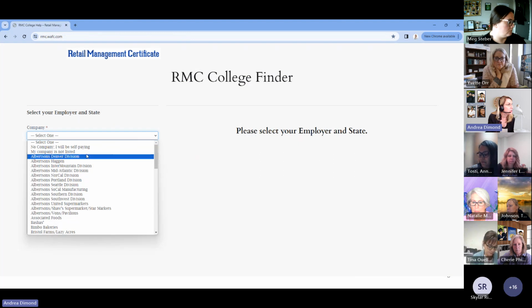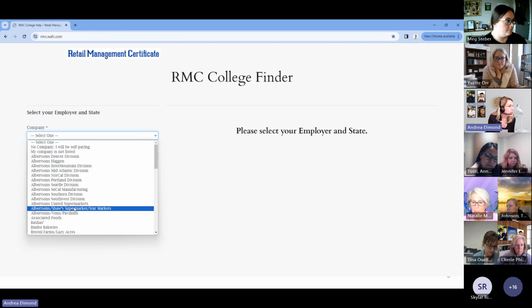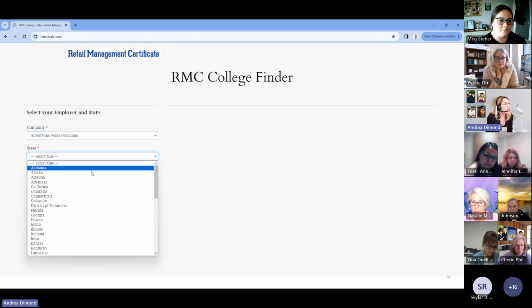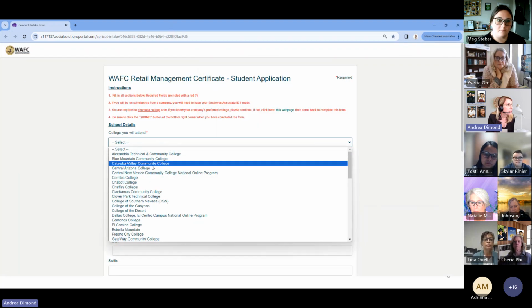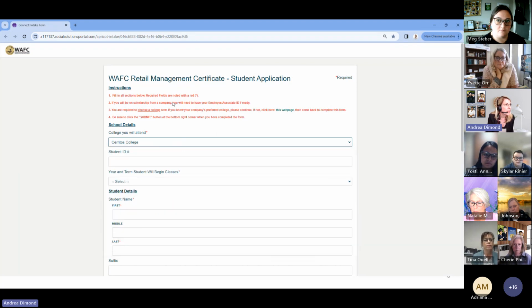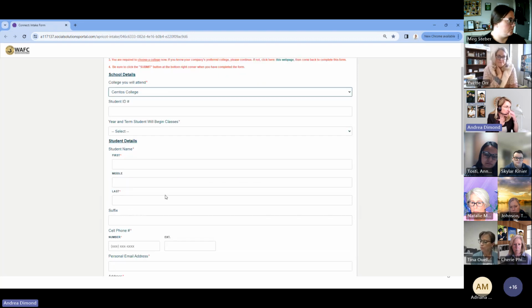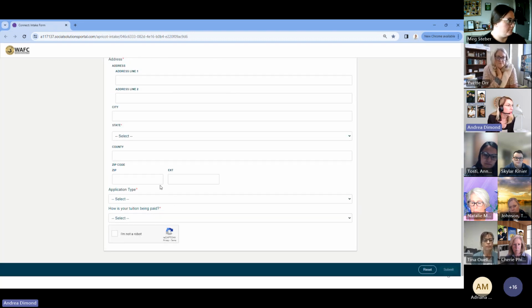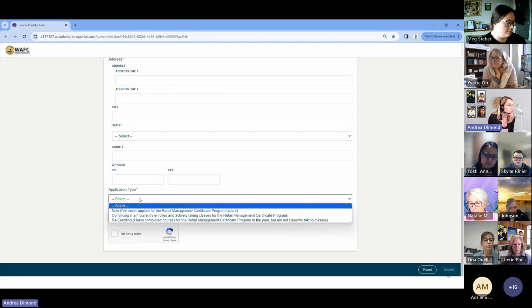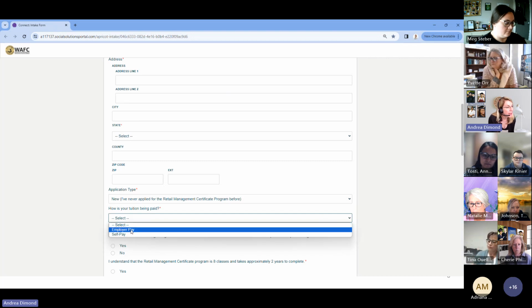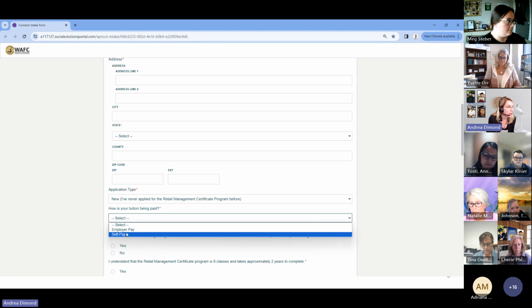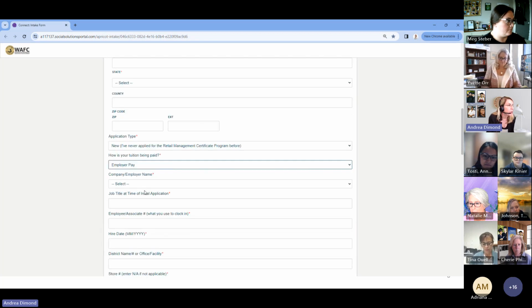So if I choose, let's see, I'm going to be Albertsons Vons Pavilions today, and I'm in California, and it tells me all of the students that work for Albertsons Vons Pavilions need to sign up with Cerritos College. So I come back to this form and I choose Cerritos. I then finish completing all of the questions on this form, and there are a couple other things that you will note. As soon as I say I am a new student, I then say if I'm employer pay, tuition prepay, or self-pay. I then have more questions to fill out